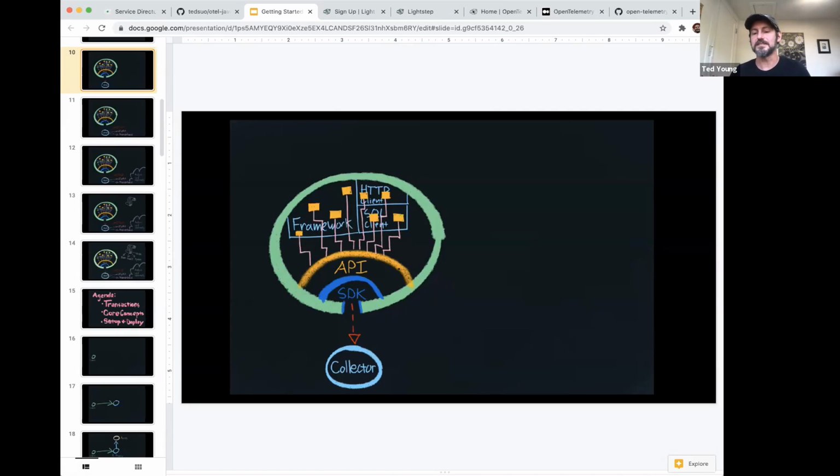So that should be compatible with OpenTelemetry as well. I think we did look at potentially using the Micrometer API, but because OpenTelemetry is a cross-language project and Micrometer is Java specific, we didn't end up doing that. But they should be compatible.